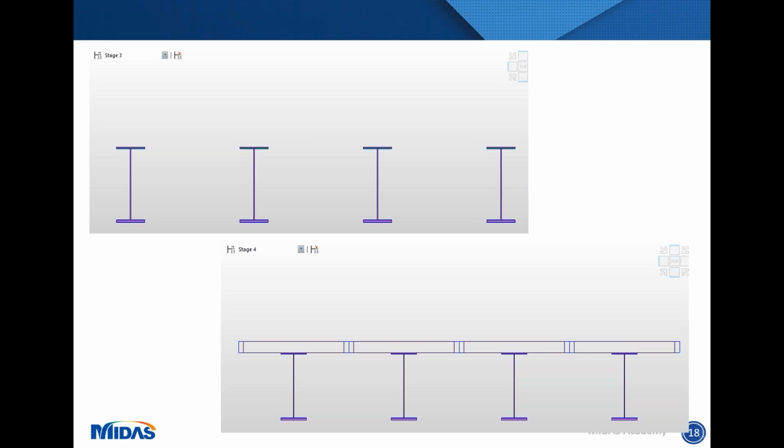When you finish doing your construction stages and you're happy, one of the key things that you might want to do at this stage is just run the analysis. During the construction stage element, depending on how you've activated your groups or your boundary conditions, this is the most likely place that you're going to have any mechanisms, or any issues with your model, such that you've not defined your loads correctly or anything else like that. It's a very useful point, especially for this case where we have a simple supported beam, to do some simple hand calcs just to make sure that the numbers that are coming through are correct and you're happy with what's happening.